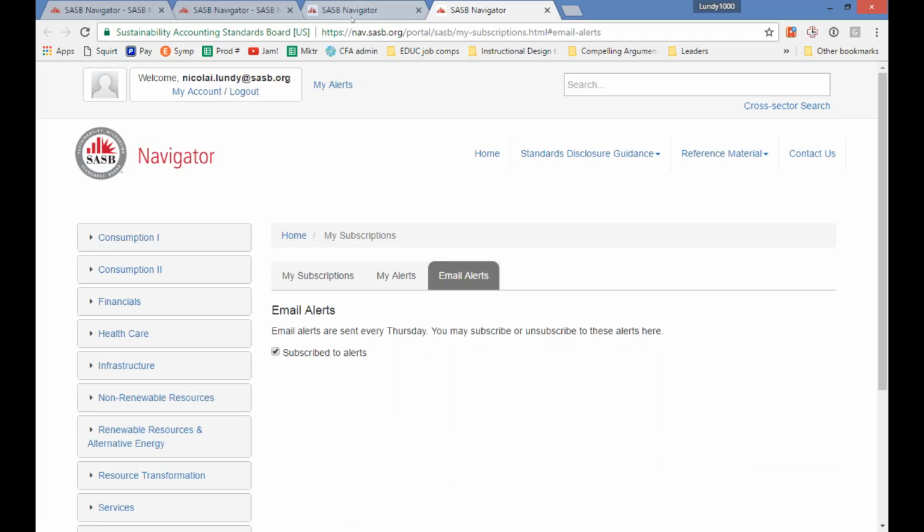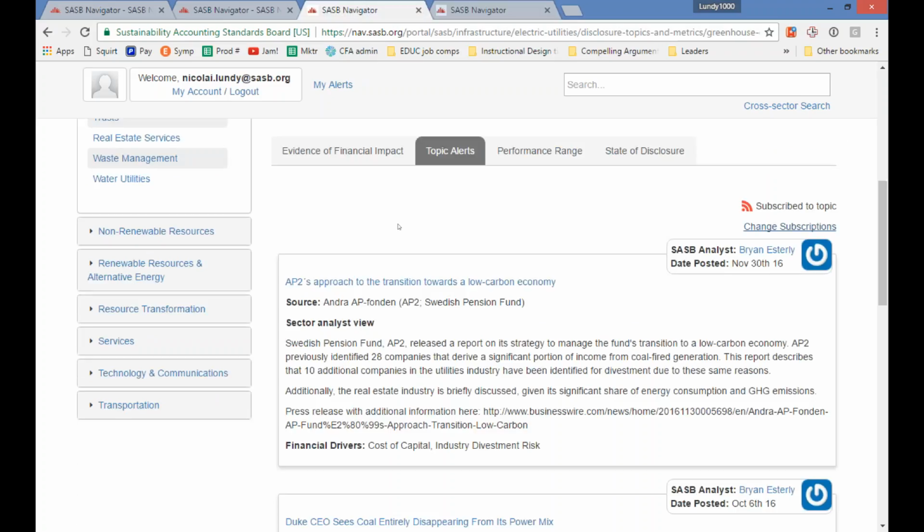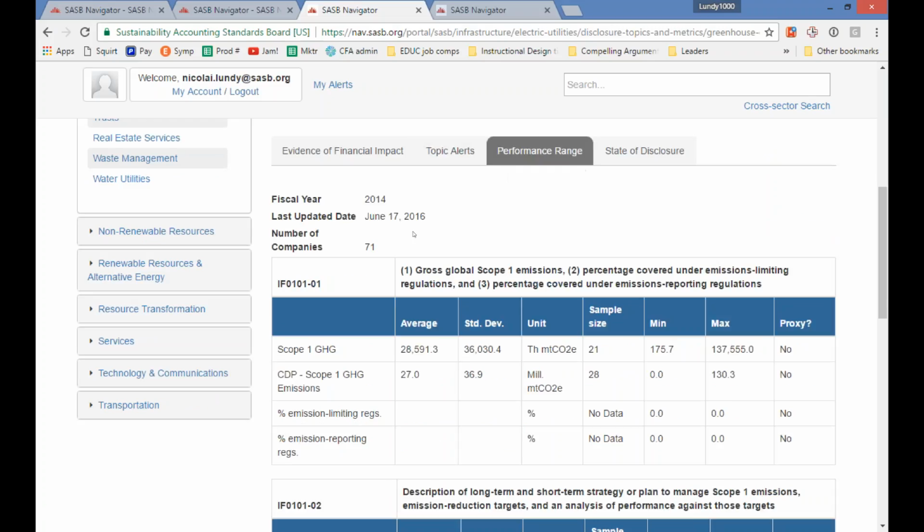But when you want to get a feel for the industry profile, what is common performance across the industry for a given topic in a given industry, you can see that at a high level with this performance range. And so we have right now a relationship with Bloomberg. I think that others are going to be emerging in the next few months. But they